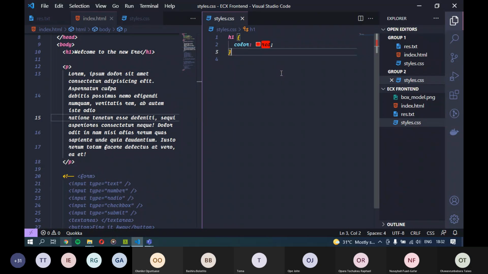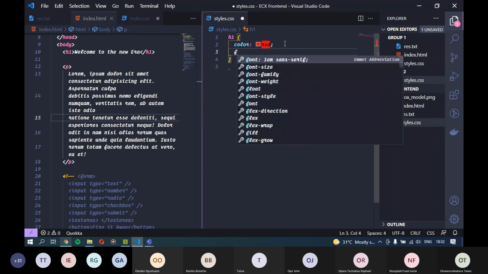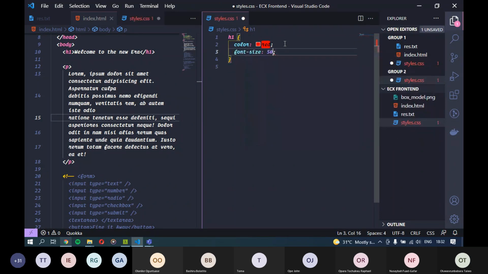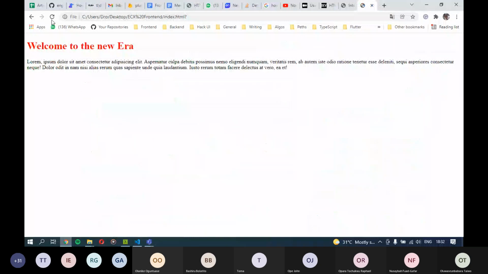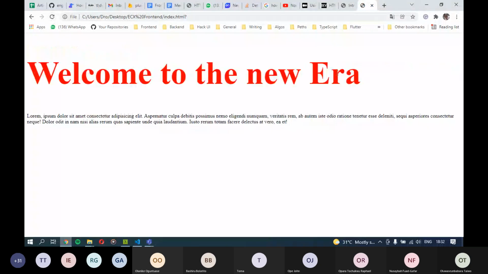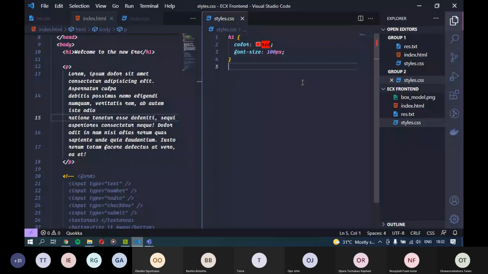So yeah, with this we can even change the font size of our H1 to 50 pixels. You can go as wild as you want. You can even make it 100. It's going to be too big, but we are building our web page, so you can do whatever you want. So let me close this tab, and if you come back here and reload, you can see that it has become extraordinarily large. So now I think we've basically covered the basics of how to structure your style sheet.